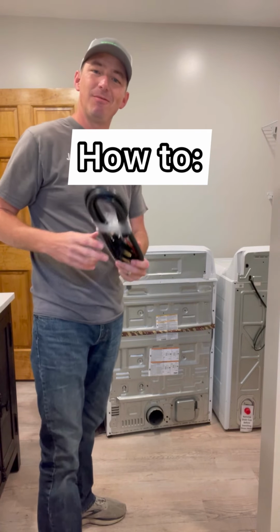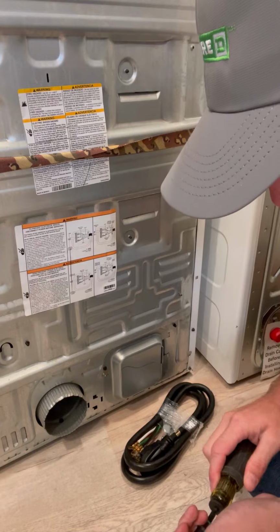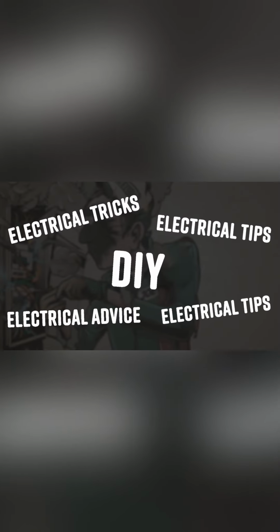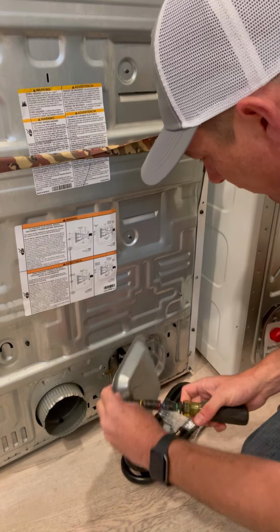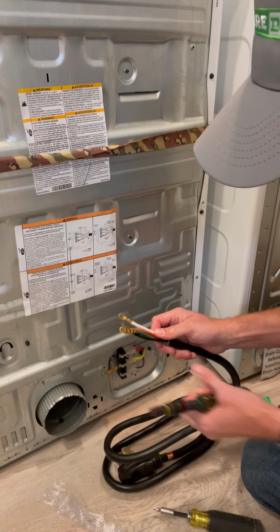Got a dryer sitting here. Let's put a cord on it. This one right here, you can either use a Phillips or a 1/4" drive. Pull that cover off. The first thing you'll want to do is, if you're hooking up to a 4-wire dryer